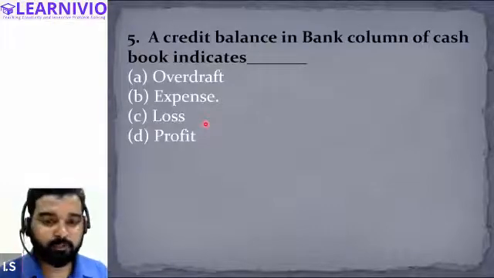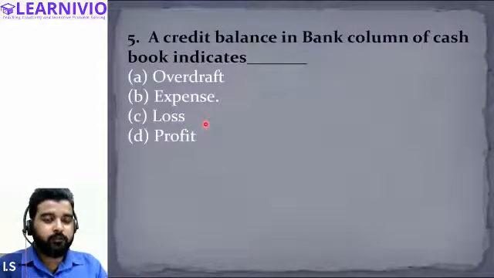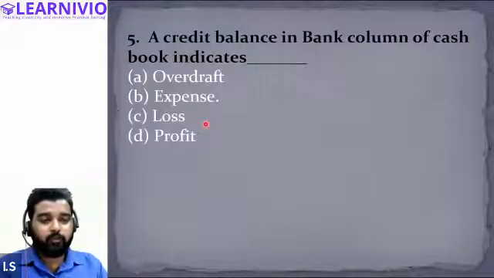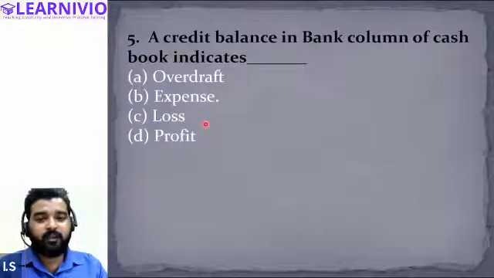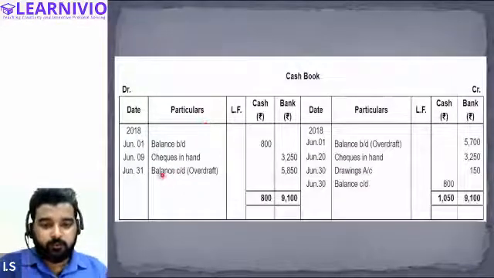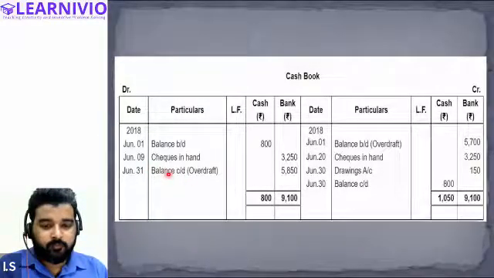Peer, is it clear to you? Sir, how is it overdraft? See, basically the cash book has two columns, the cash column and the bank column, right? So when we have the ultimate balance on the credit side, like we have discussed. See, in this question, what are we receiving? The balancing figure as balance c/d, right? What is this balance indicating?